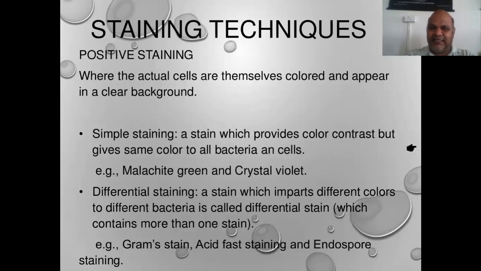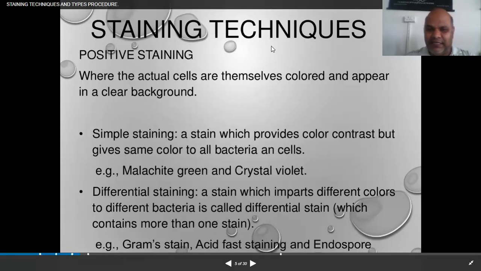Okay, a technique is there that is positive staining. Positive staining means we do not just wait for the reaction to get stained by any specific type of body. It means if I have a blue color stain, I put it onto the microorganism, they will impart blue color. If I have a red color stain, I put it onto the colony, they will become red. Okay, so this specific type of stain is known as positive staining, in which the simple staining technique is used.